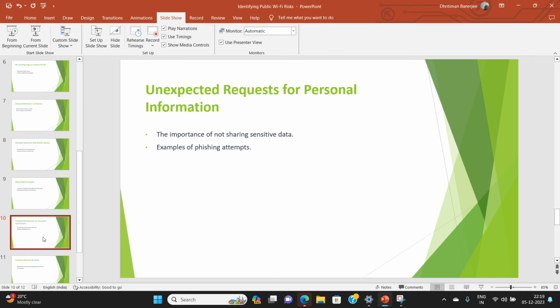Unexpected requests for personal information can also be a sign. If public Wi-Fi asks you for sensitive personal data, that can be a phishing attempt, so you should avoid that.